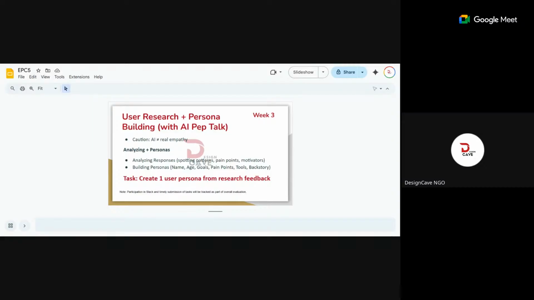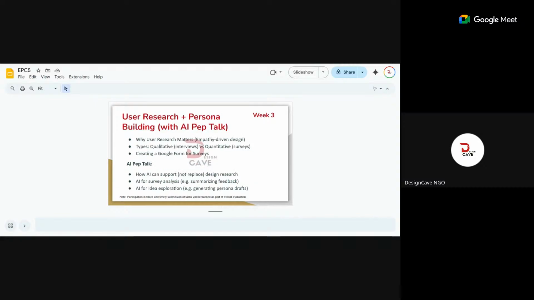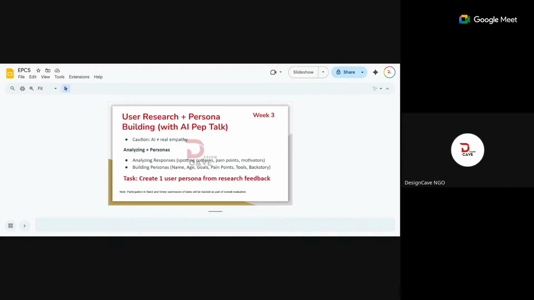I said we'll be doing that today. We'll be analyzing patterns and building a persona, because that is one thing we'll be doing at the end of the day. After you've analyzed your pattern, we'll create one user persona from our research feedback. I hope you're ready to get started.